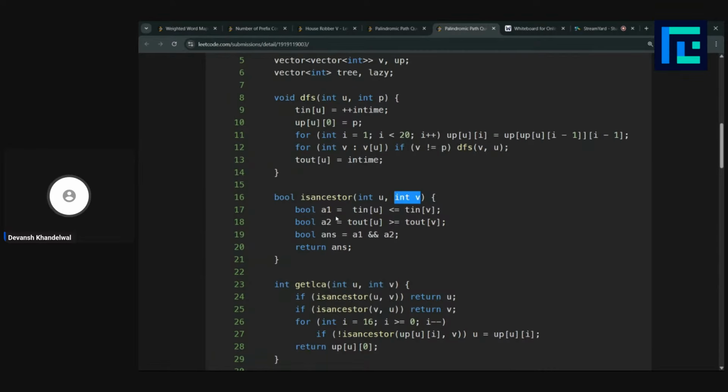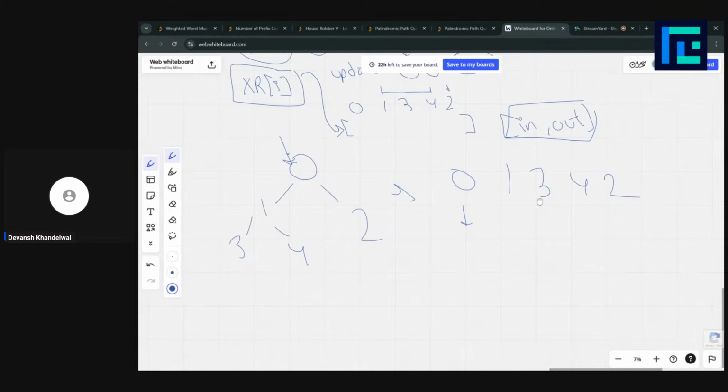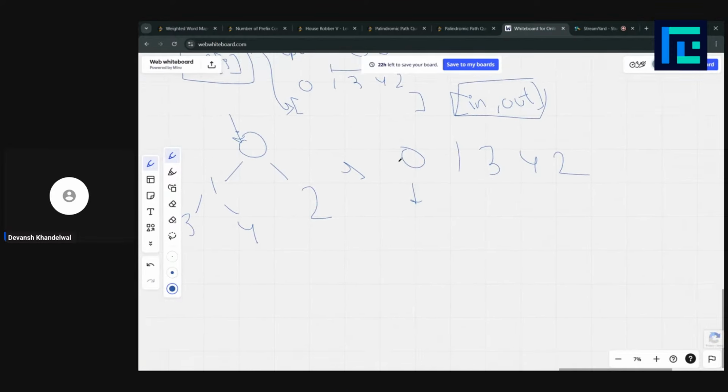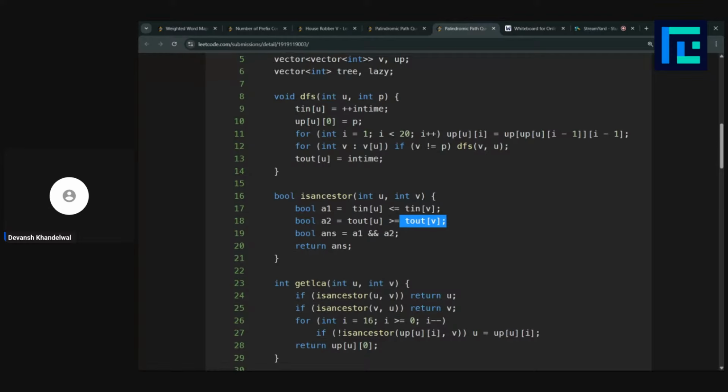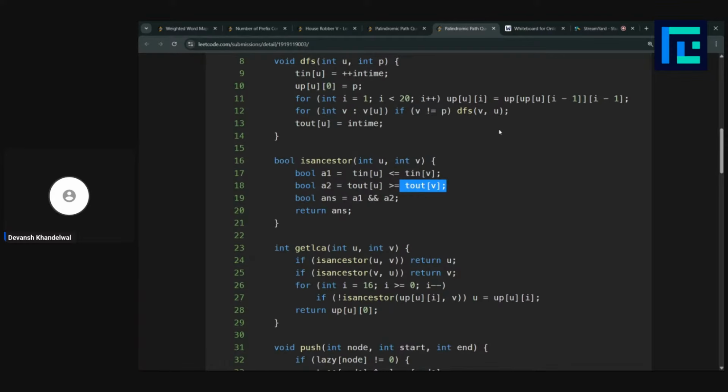So what we are checking is that if the in time of v is greater than or equal to the in time of u, and the out time of u is greater than or equal to the out time of v. What does this mean? This means that, let's say the in time was, okay, yeah, let me actually,